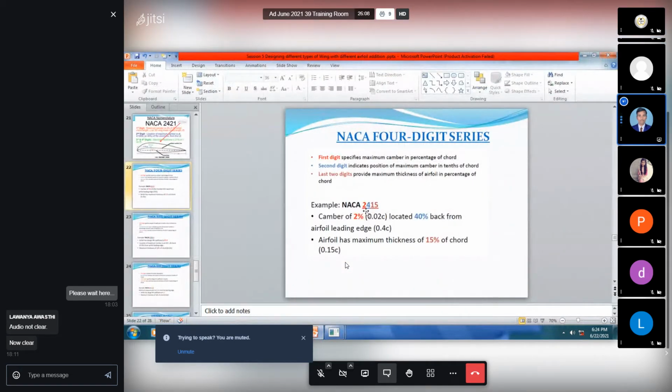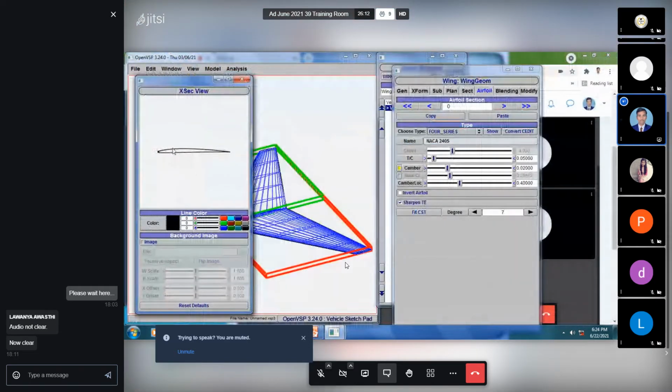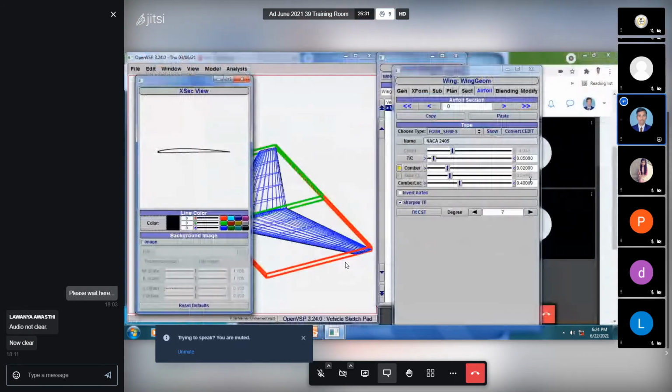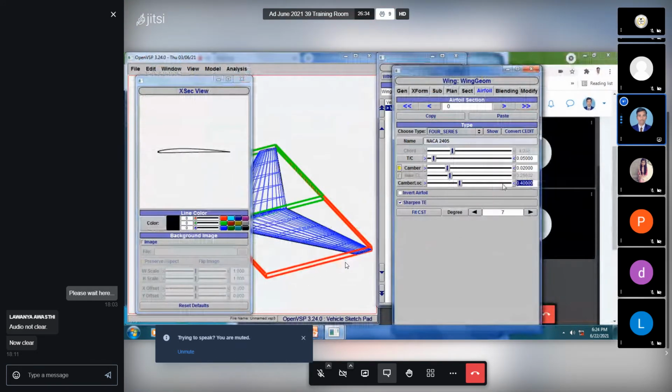That 4 indicates the location of the camber, where that camber is located. That camber is located from leading edge 40%. Okay, if you have complete chord length 1 meter, then 40% of that chord you will see the location of the camber. So we need 40% itself. So here we have location of the camber 40%, so no need to do any changes here.